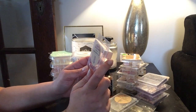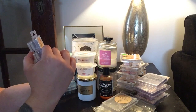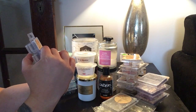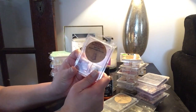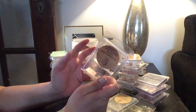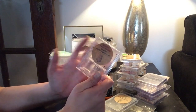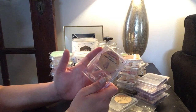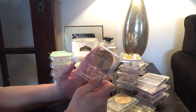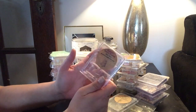Same with Lavender Vanilla Custard. This is Lavender Vanilla Bean Custard, Marshmallow, and Caramel. I bought this in May of 2018, and it was meh. I'm so disappointed with this vendor, just the performance and the wait time. If I have to wait a year for it to cure, it better rock my socks. But when I wait so dang long and then I can hardly smell it at all,